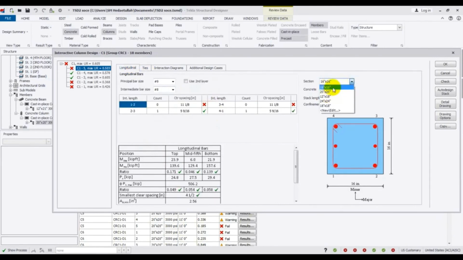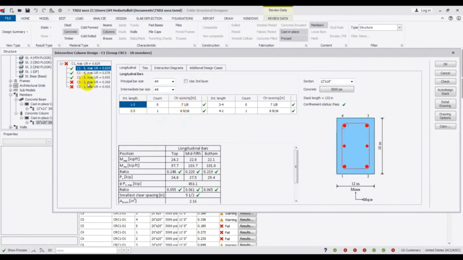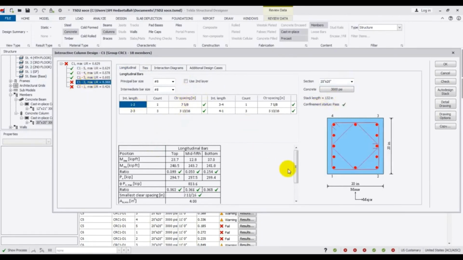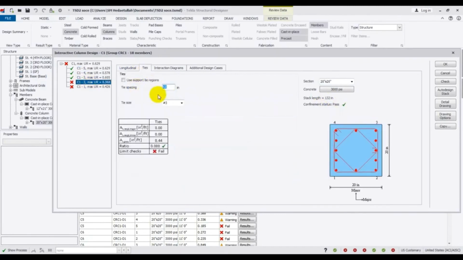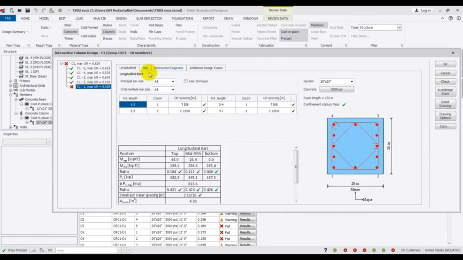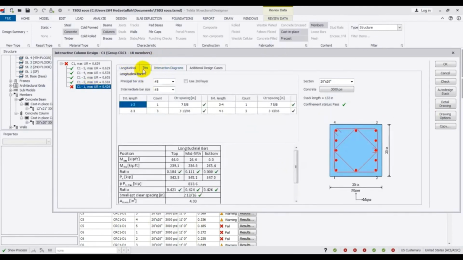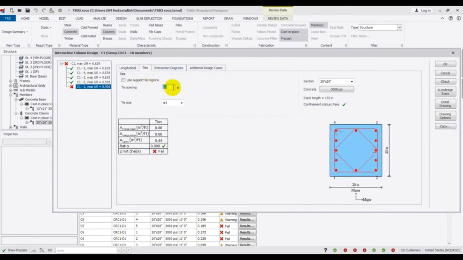So I will consider that. So that's that passing now. And for that one, again if I go ahead, this is okay, and for tie it's not okay. So we'll use tie as 6 inch. And for that one also, it's have been failed for ties. So I'll go here and change it as 6 inch, okay. Then click here, okay,